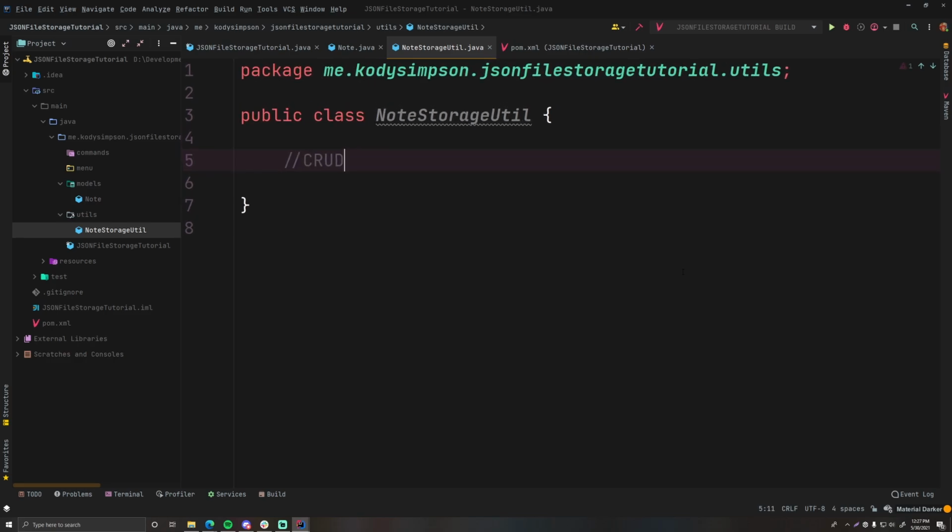CRUD is a database term for storing and working with data. It stands for create, read, update, and delete. These are the most basic database operations that we're going to create here. So the first one that we're going to create is the